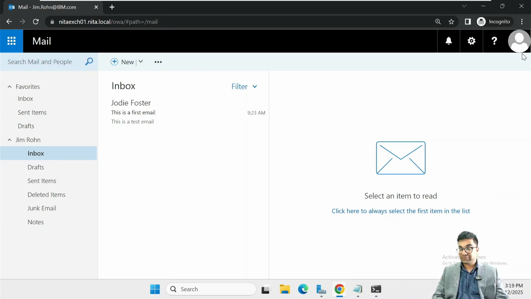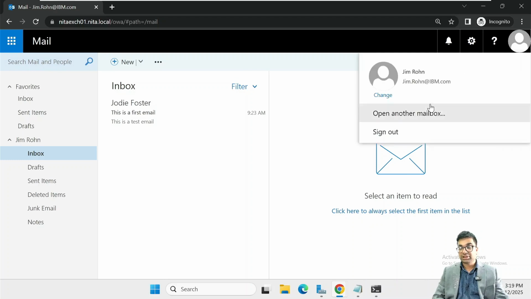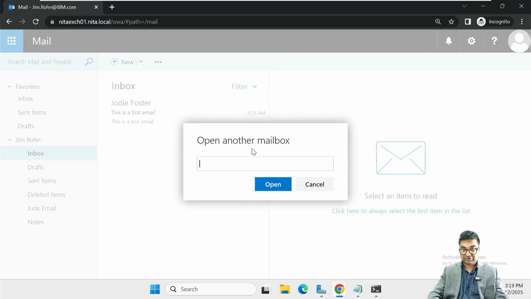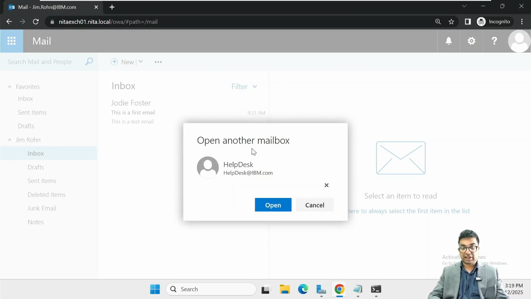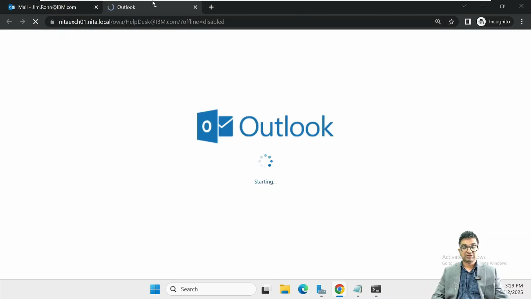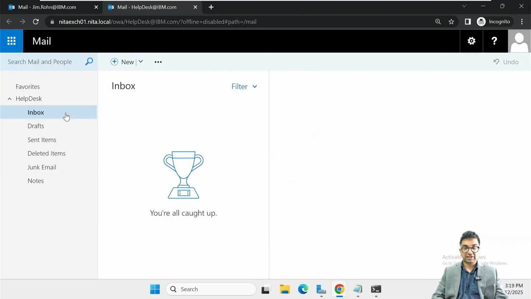So for that, I click here and say open another mailbox, and I say help desk, and you see I just searched the directory and this one popped up immediately, and I click open. This opens a new tab on my browser, and I can see the help desk mailbox here. So any email I can send or receive as jron here will be stored in this mailbox. And not just jron, even Jodie Foster and Clint Eastwood will get access to the same exact data. So that is one thing. Now, let's close this here